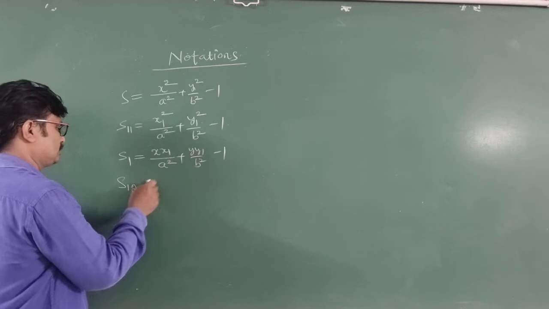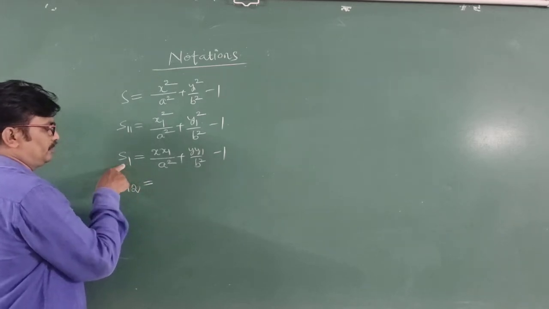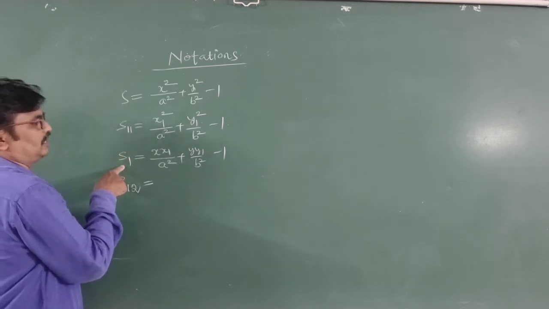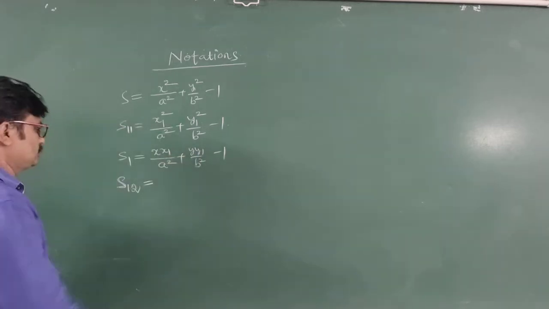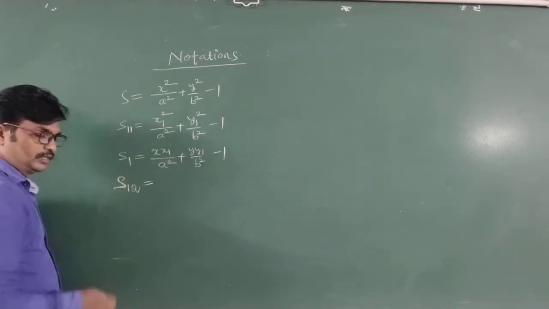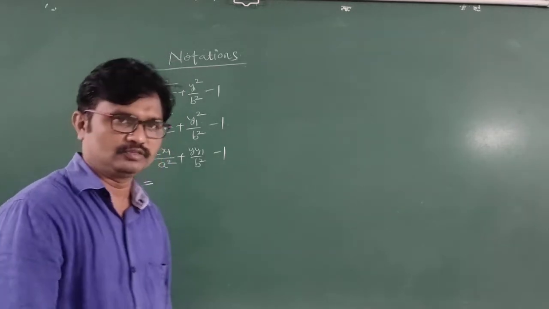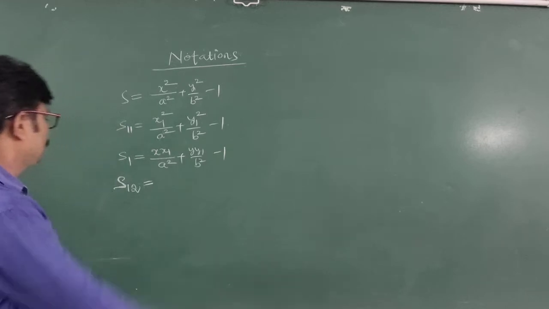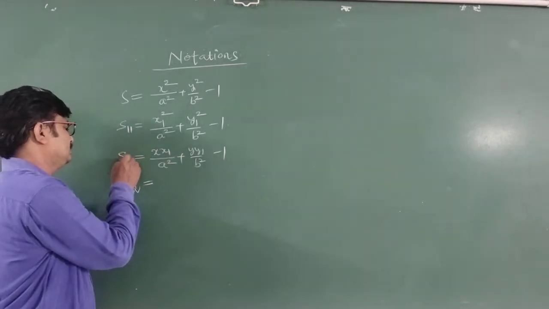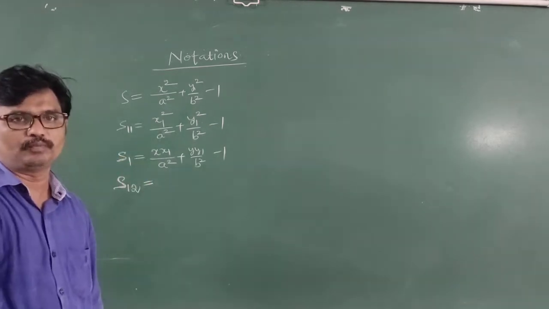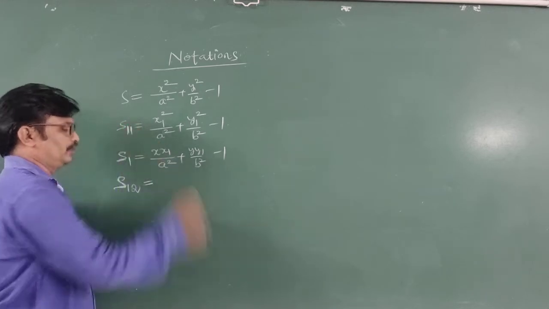Now students, S1 is for the equation of tangent, polar and chord of contact. S11 we can apply for the position of the point. S12 is for the conjugate points. If two points are said to be conjugate, undoubtedly S12 equals 0. This is what we know in circles. So if S12 is 0, the points are said to be conjugate points. For the equation of the tangent, point of contact and equation of the polar, we can apply the formula of S1. S11 is for the position of the point.